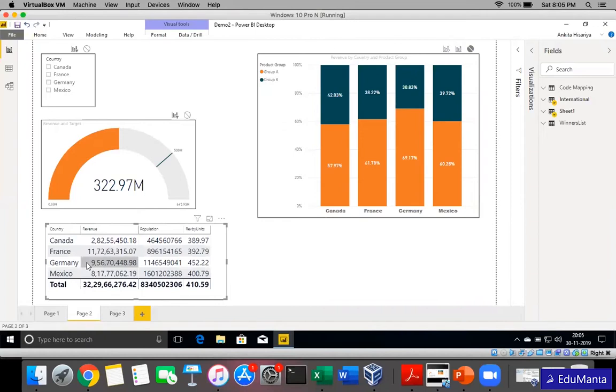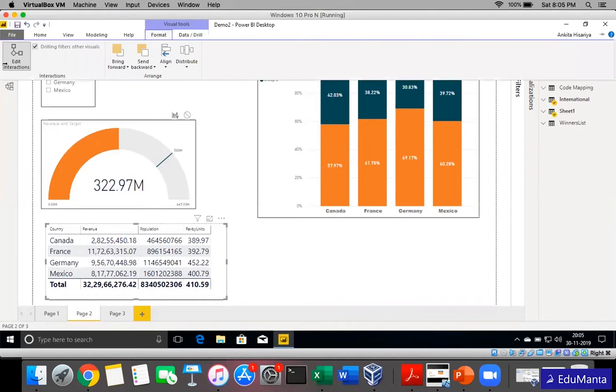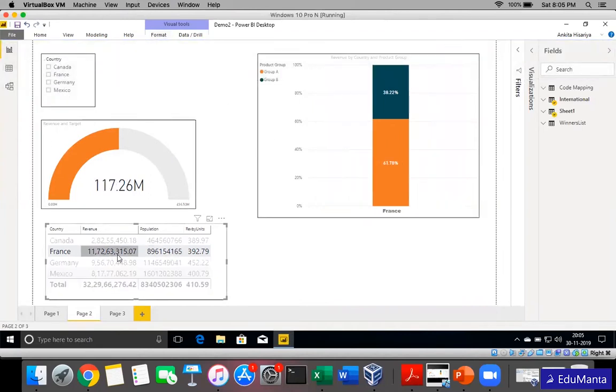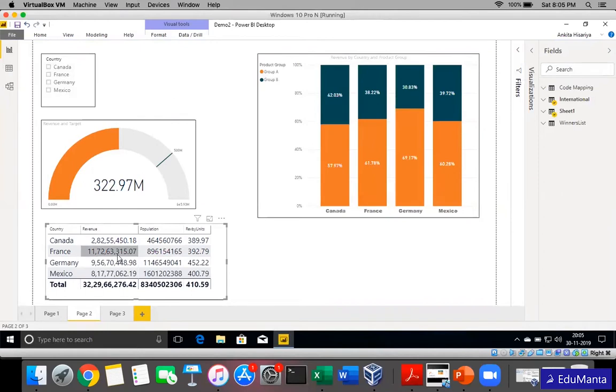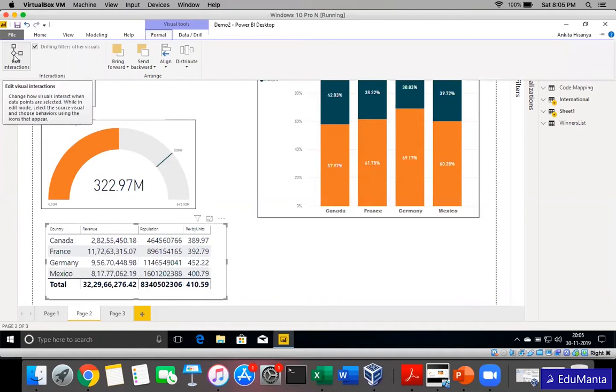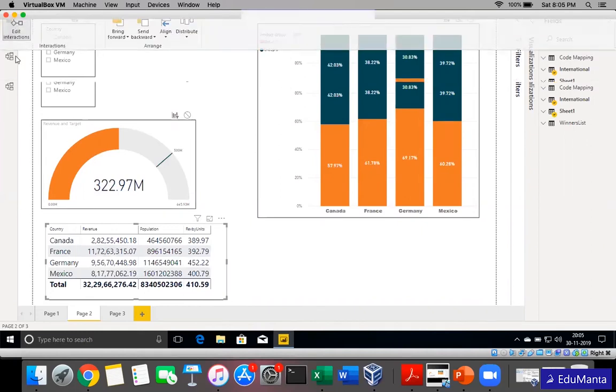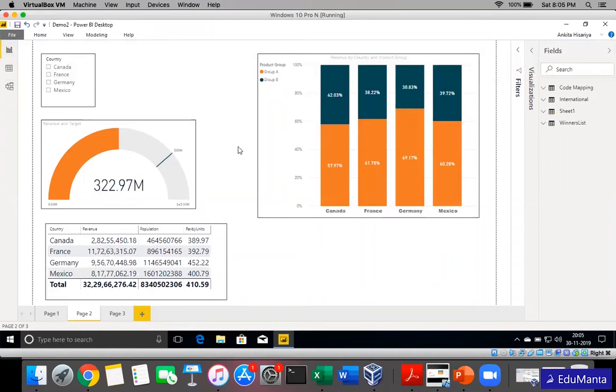So depending on our requirement, we can change this filter type, the interaction. After we have set all the visual interactions, we can click on this and then it will interact as we have saved. So this is how we control the interaction between multiple visuals. You just have to select the source one, go to format, visual, edit interaction, and enable this section. After that, you see these icons on top, and you set them accordingly. Once you are set, just click on it so that these icons do not appear anymore.